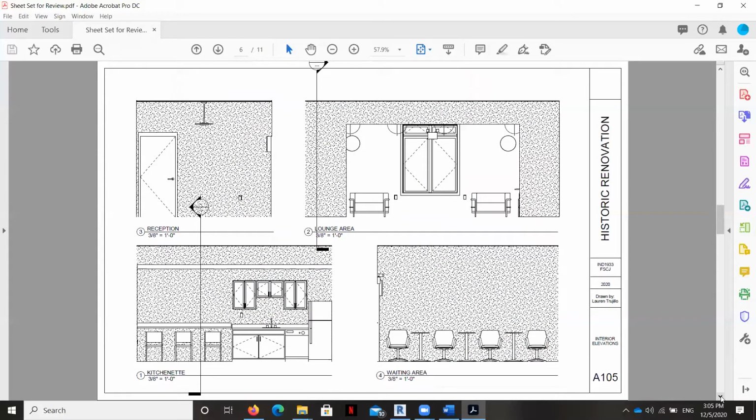Okay, for this sheet, the interior elevations, these are very minimalist interior elevations. So they don't have a ton of information or detail, but that wasn't necessarily the focus of this class, but we do have a lot of information that we did learn how to put in here.